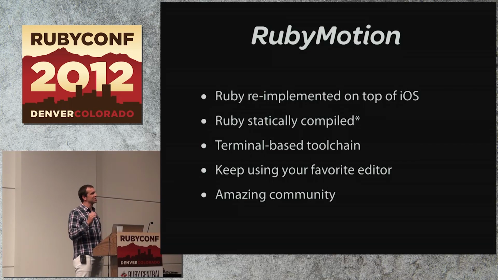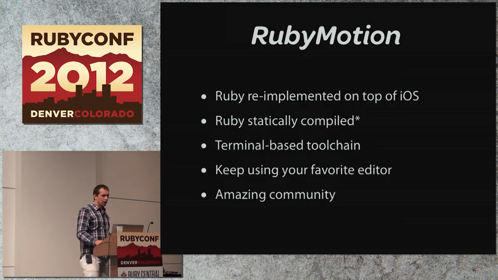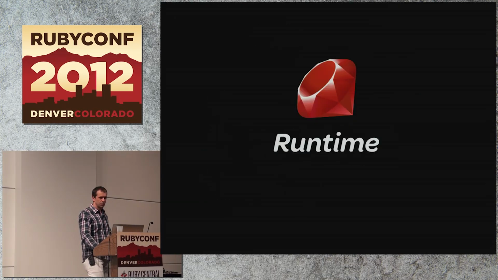Specifically because Apple doesn't let you ship an interpreter, or I should say a compiler, inside your app on the phone. So these are compiled using your Mac, and then it's compiled down and actually targeted to your phone. This actually is interacting with Apple's tools. So the tool chain is actually leveraging Apple's tools underneath to compile and produce this. So let's talk a little bit about the runtime.